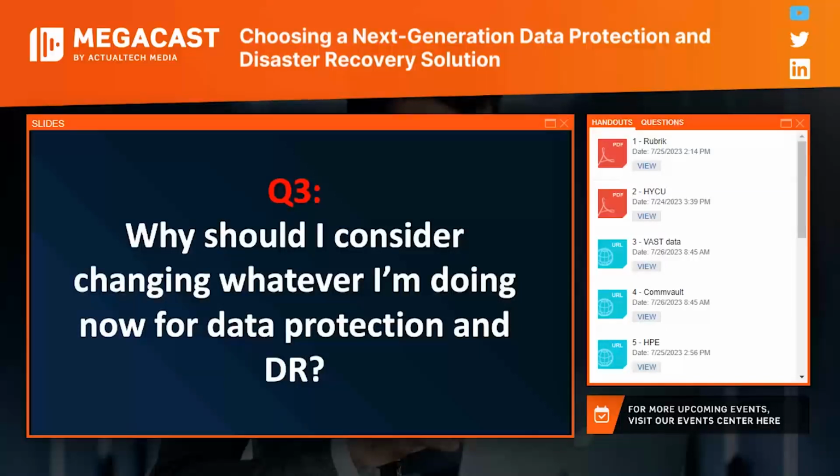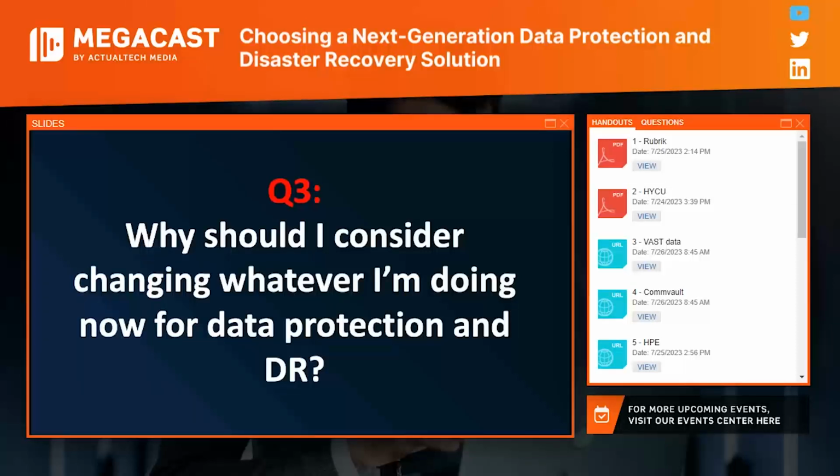So moving on to number 3, why should I consider changing whatever I'm doing now for a new data protection and DR solution? Of course, change can be uncomfortable. In some cases, change can be a little bit painful. We'll talk about that in the next question. But there's a whole lot of benefits, and you'll learn about those on the MegaCast today. Enhanced security, automation, efficiency, reducing downtime, decreasing your recovery time objective or RTO, maybe give your company some scalability and flexibility, maybe cloud integration.